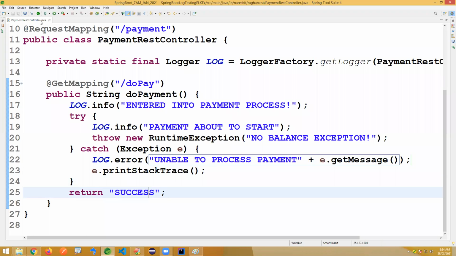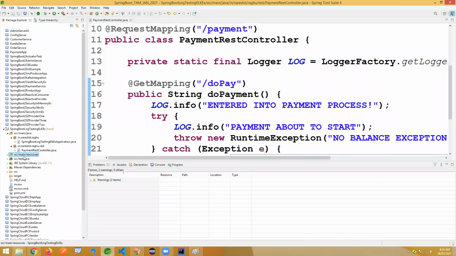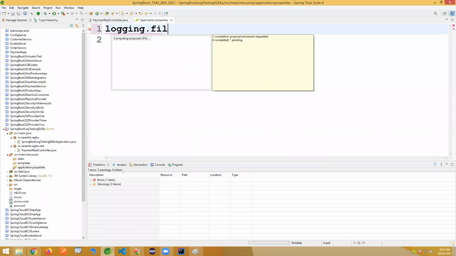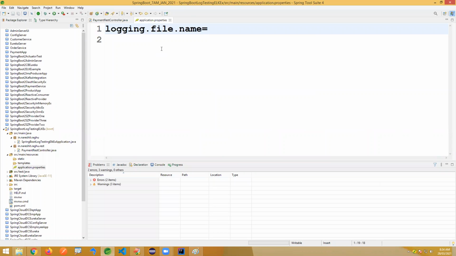That's fine here. Next, if we come to your application, we have to give one logging file name and location: logging.file.name equals, where is your log file? You have to provide a location, any location is fine.